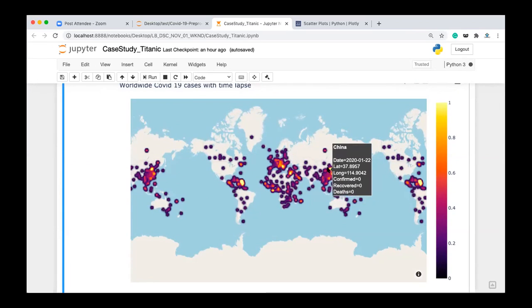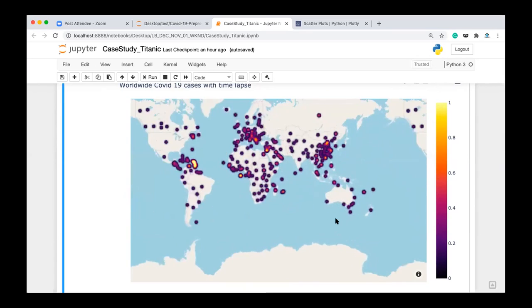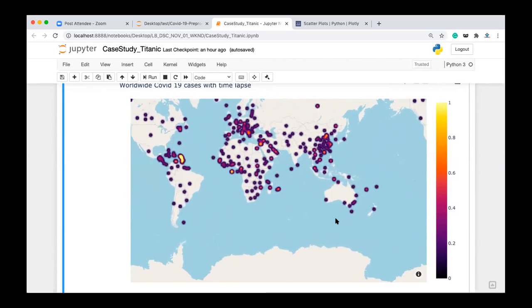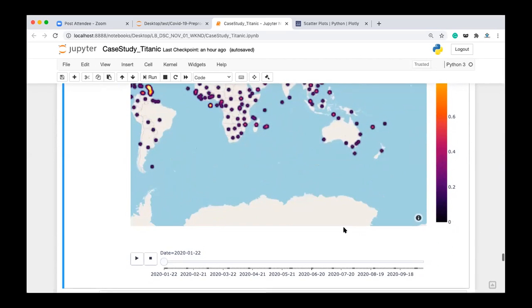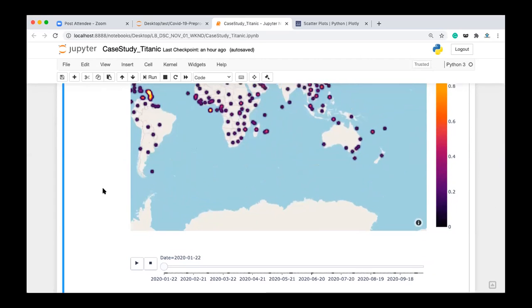So around China we were having more cases, it is showing here. And on 22nd January we won't have many cases in the US or India and all, so it is showing 0 cases. Okay, now it started increasing. If you use this map with the animation frame, it will start showing you that the color